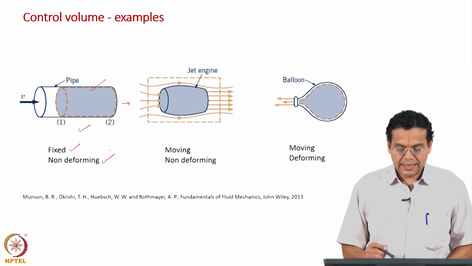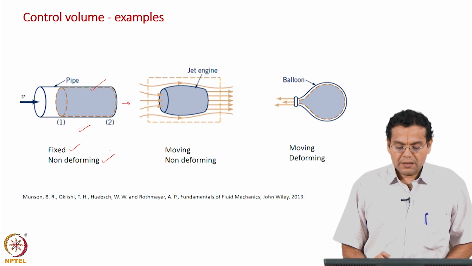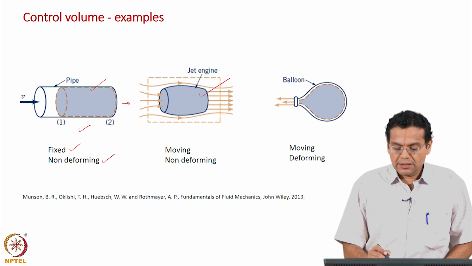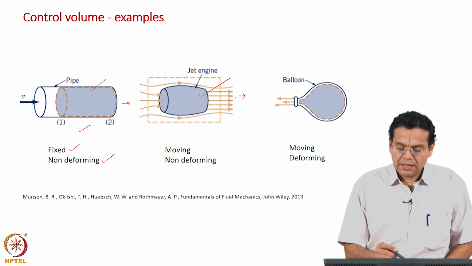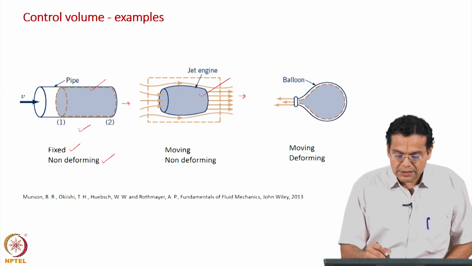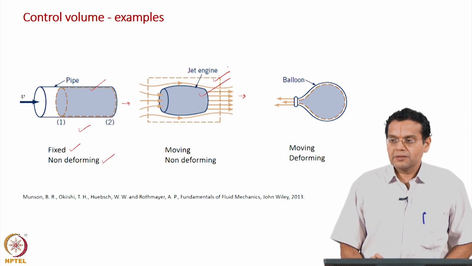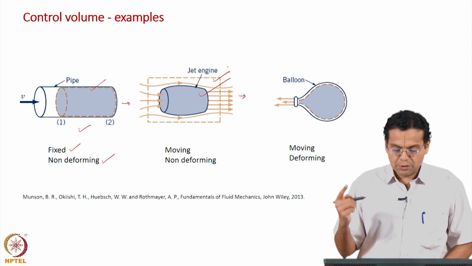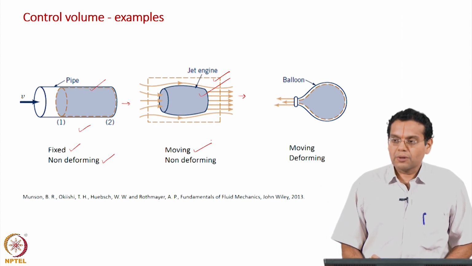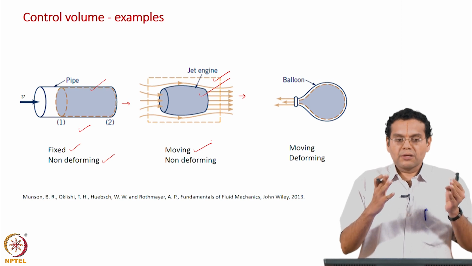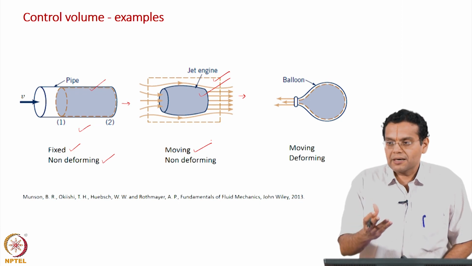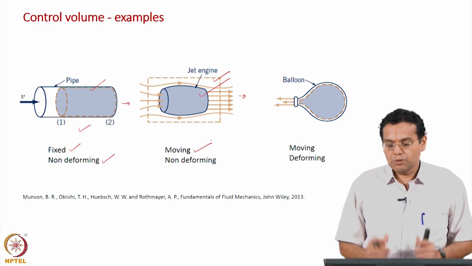Now, let us take the second case where our control volume is an engine in an aircraft, a jet engine, okay, and we want to analyze the fluid flow through this engine, let us say around the engine, etc. Now, this is my control surface which defines a control volume. In this case my control volume is moving because the jet aircraft is moving. You can't keep the control volume stationary, because otherwise your region of interest would not be there at all, it will be moving. So, you will have to use a moving control volume.